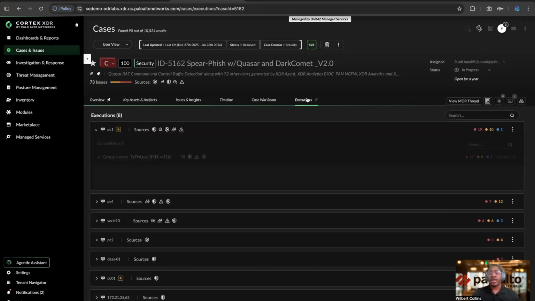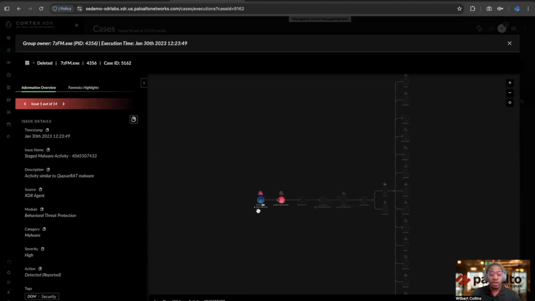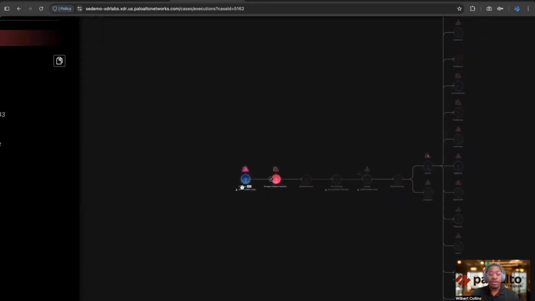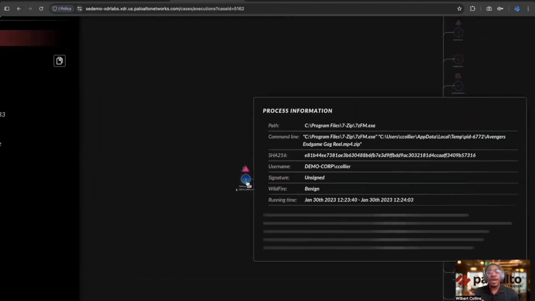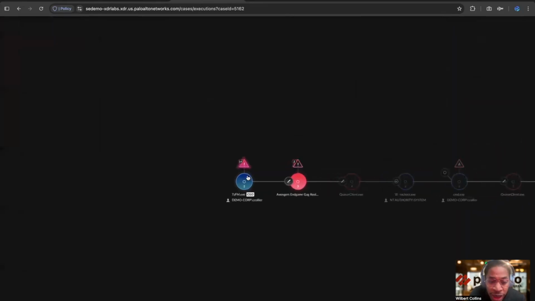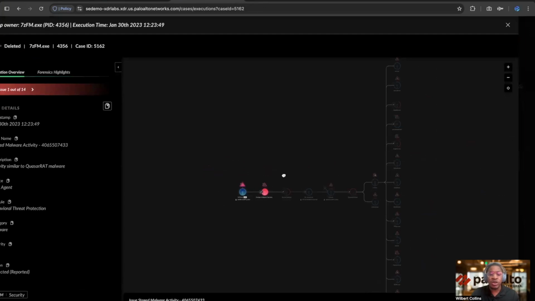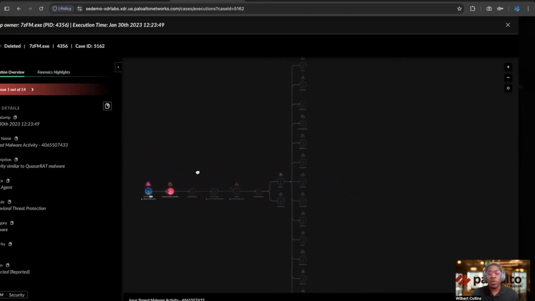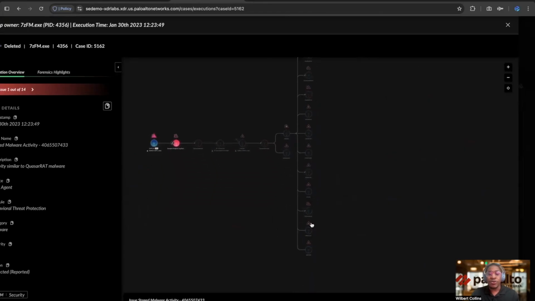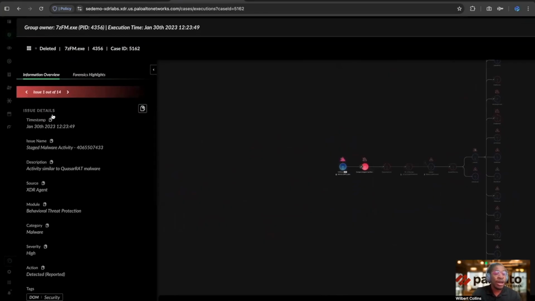Next piece I want to talk about is executions. So whenever I talked about the root cause analysis, if we look a little bit more and lean in, we see that this one specific execution may not even have been deemed a threat, or may have seen, okay, this one execution was run, but that one execution triggered 14 different issues slash alerts. And it has led to the whole causality chain here, and led to all of these other threats taking place. So if we look here specifically on the side, we see issue 1 out of 14, and you can get a little bit more context into what is taking place here.